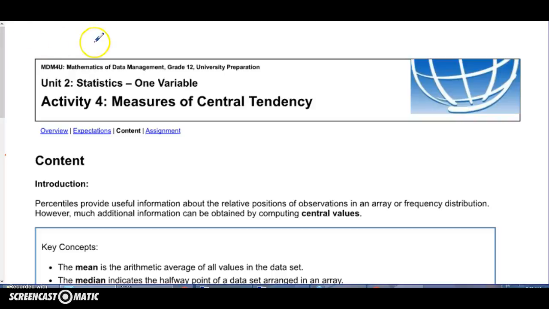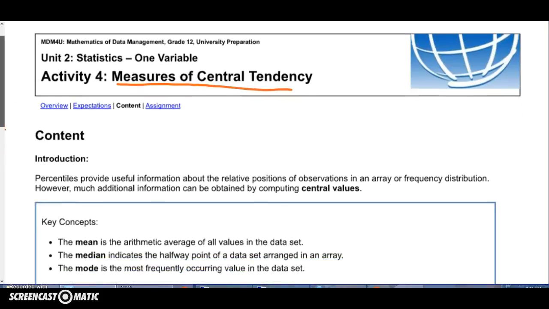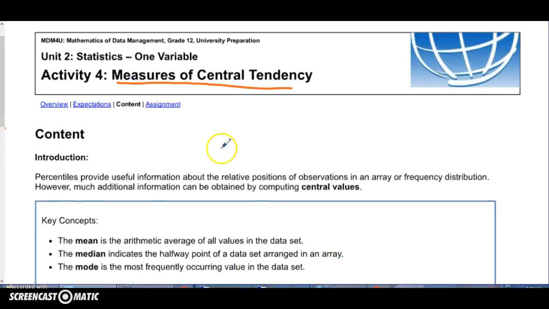So we just looked at percentiles in U2A3. This is U2A4. We're looking at measurements of central tendency. So we're looking at the middle of the data. Not really the middle. The middle itself is actually the median. But sometimes the best way to describe data is to talk about the most common stuff, which